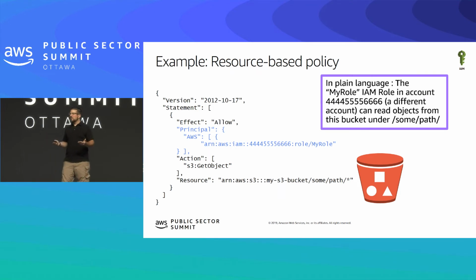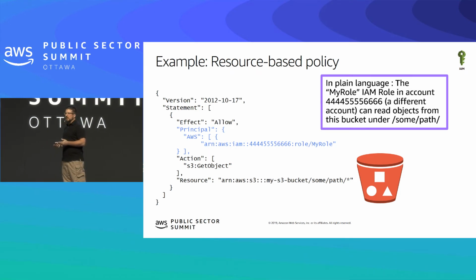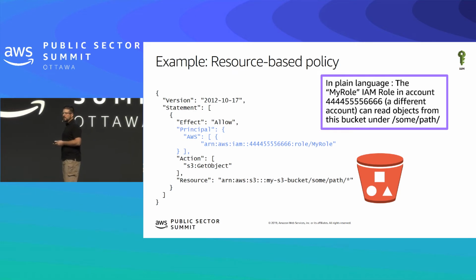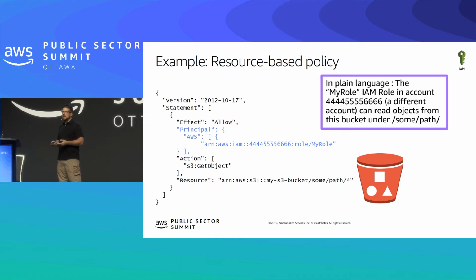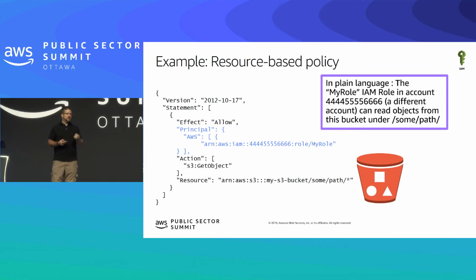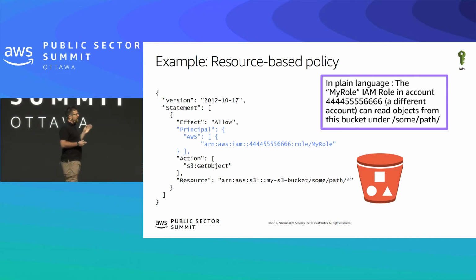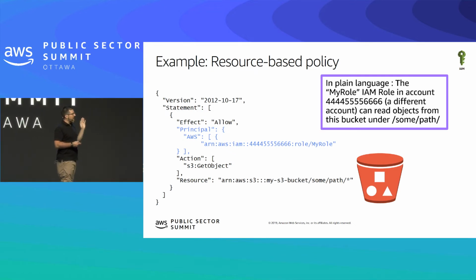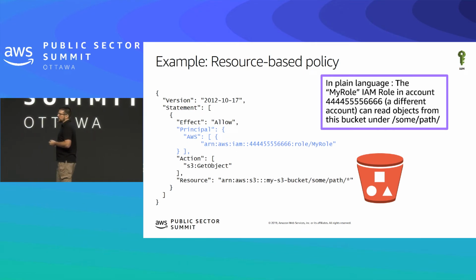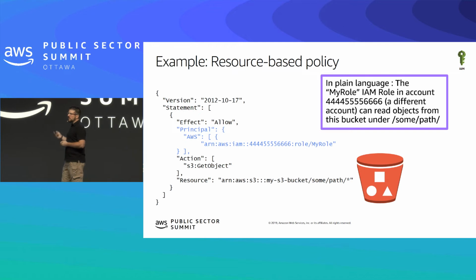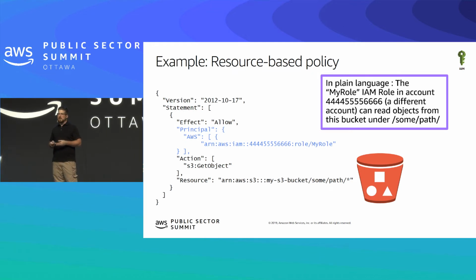So if we think back to that diagram that we had a minute ago, the policy on the S3 bucket can allow that specific role from that developer that was attached to the EC2 instance to have access to this S3 bucket. And so what that allows you to do is also pass things like the resource on the bucket policy as well. So you can see that this resource is to a particular bucket, and also a particular key string path as well. So some bucket, some path. So we can get very, very granular with these bucket-based policies to very tightly control what a given principal has access to, both from the principal level, but as you can see, is also from the resource-based policy attached to